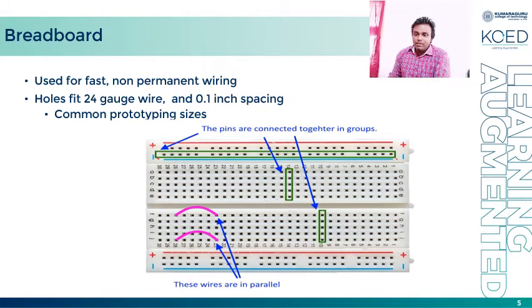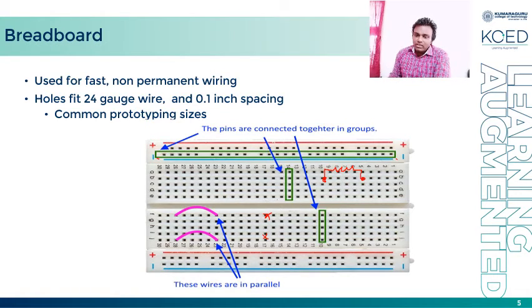In the middle section, the pins are shorted vertically. Each and every pin is connected vertically, and here also the same thing. So if a component is connected over here at one point, and it is connected at the same column here, it is like a short circuit. So you should not connect in the vertical manner; you should connect in the horizontal manner for a resistor. For example, one end of the resistor is connected over here, and the other end is connected over here. So these are two different connections.